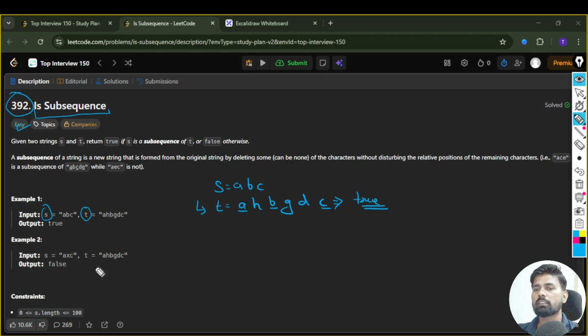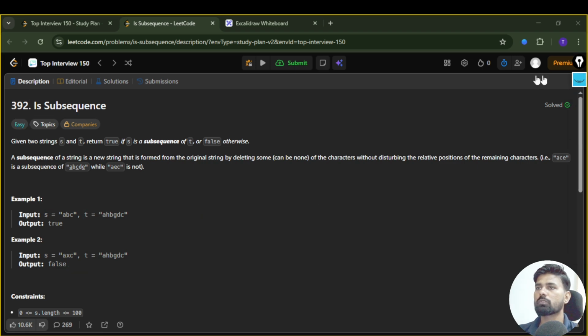Similarly, in another example, we have AXC. If you will see in T, we have A and C, but we don't have X. So in this case, we just have to return false. So let me quickly jump to the board and we will discuss what approach we have to follow in order